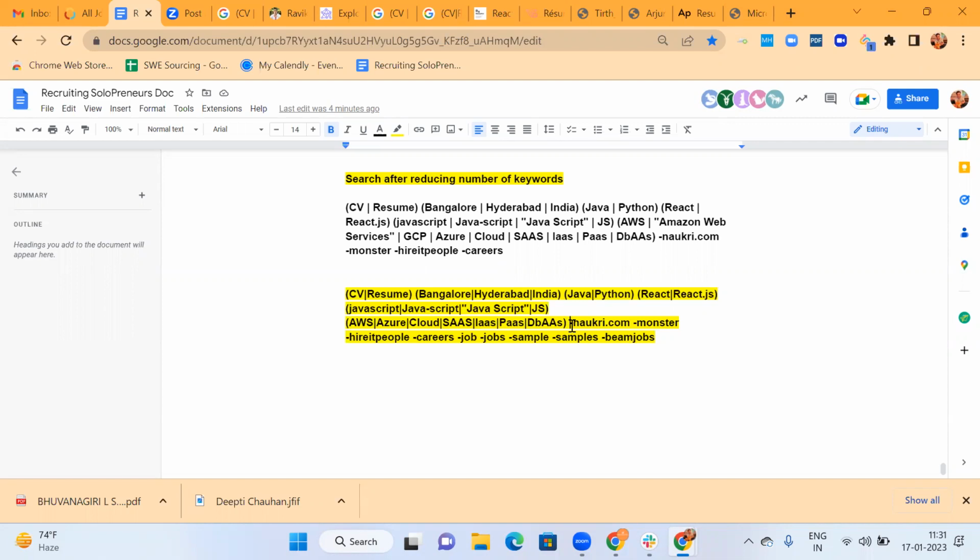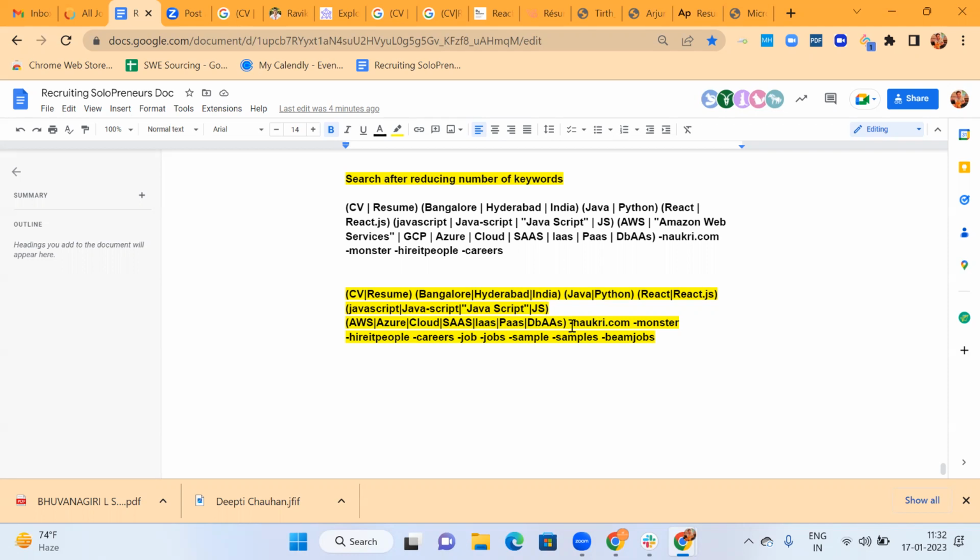Once you pay, then only you'll get access to those sites. But if you look for a personal blog, or a LinkedIn, or personalname.com, something like that, these are the sites where the resumes are accessible.